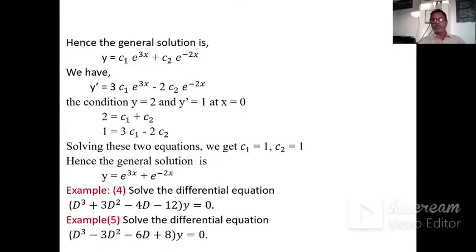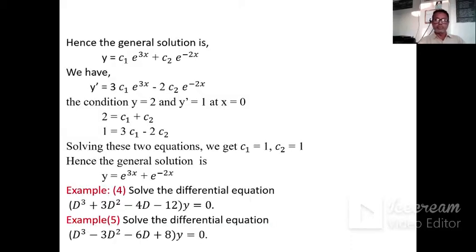Also, you refer to the textbooks recommended by Savitribai Phule Pune University: the differential equations book by A.D. Renville, and also the ordinary differential equations reference book by M.D. Raisinghania. Refer to those books and solve the examples from them also. We stop here now. We stop our today's lecture.